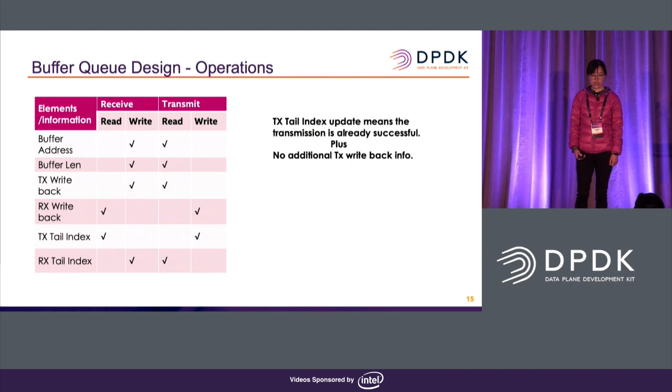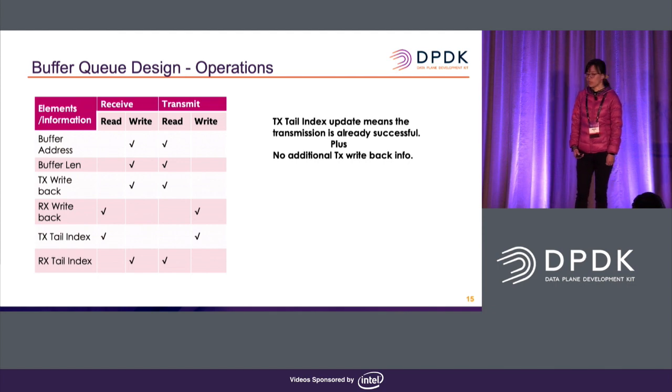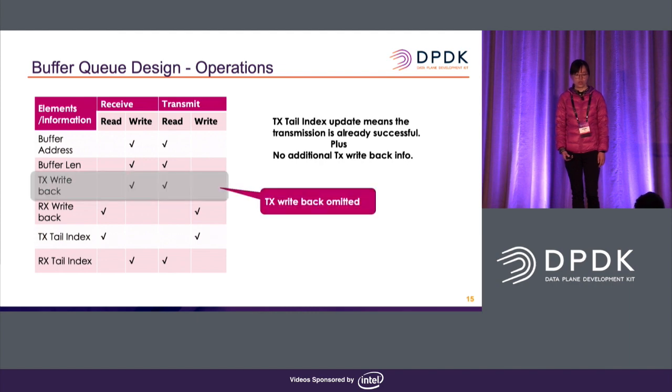So the next thing is the Intel CPU. We can see that x86 has a better ordering for memory access. So if the memory copy is done by the CPU, we can update the TX tail after the memory copy. If the TX tail index is updated, that means the packet is already sent. And in our case, there is no additional TX write back information in our NTB dequeue functions. So I think this TX write back information can be